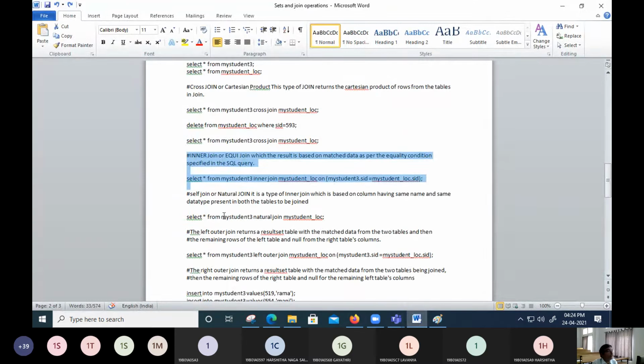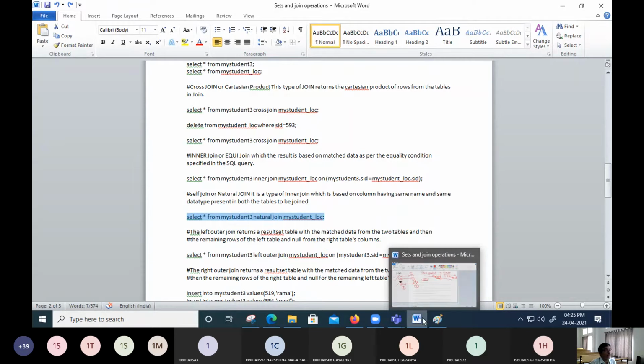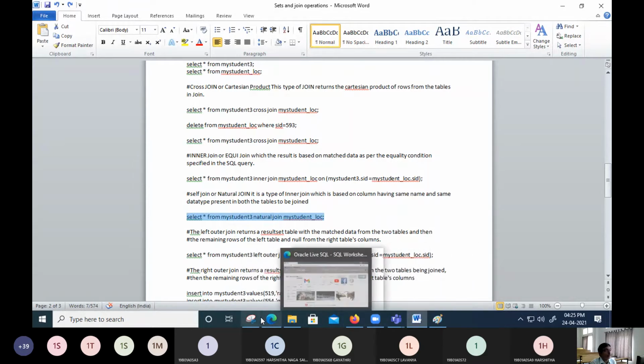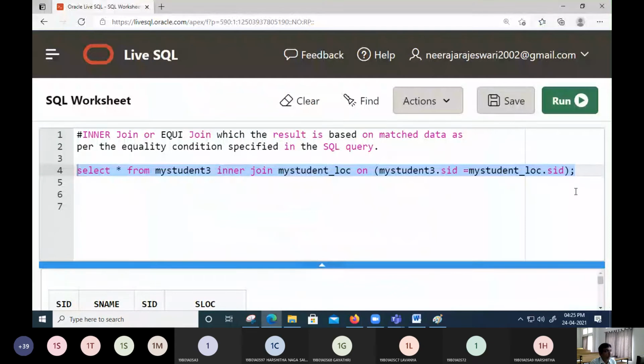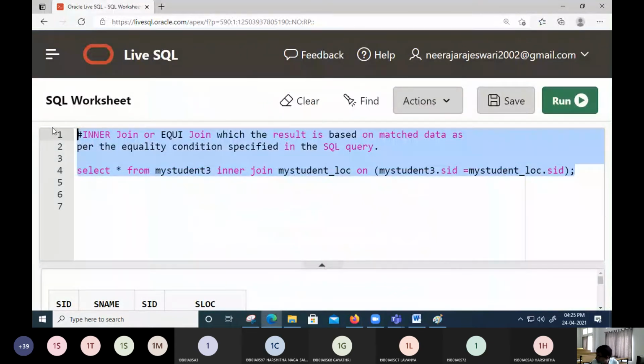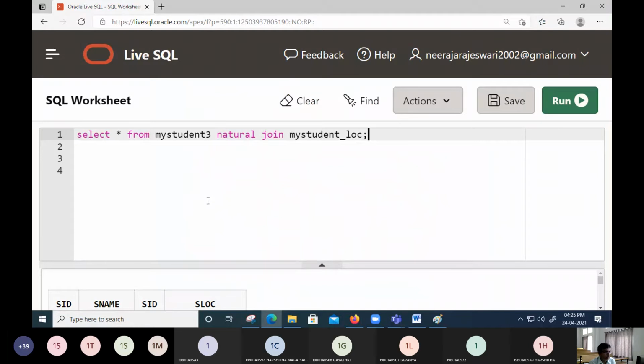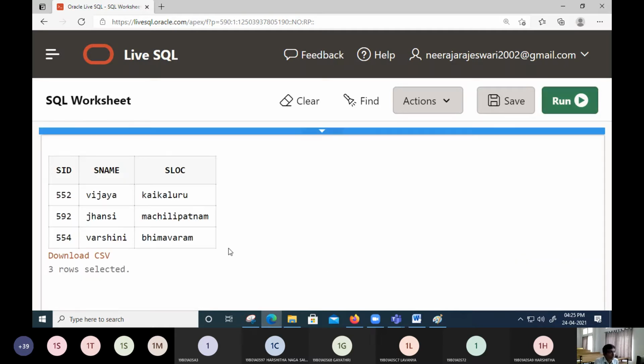So let us see another word called self join here. I need some 10 minutes time. Okay, we'll continue. We should finish this topic here. So we are going to work with a self join. In this self join, we will be getting again 52, 92, and 54.